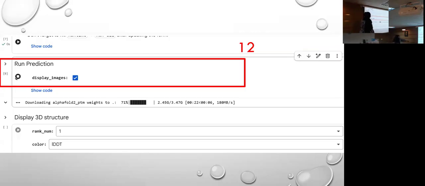Okay, in here, just look here. Rank number one means the top rank model will be displayed here. If you select 2, the second rank, third rank, 4, 5th, depending on the number you provided in the upper cells. Play it down.